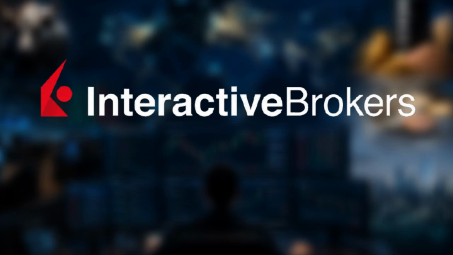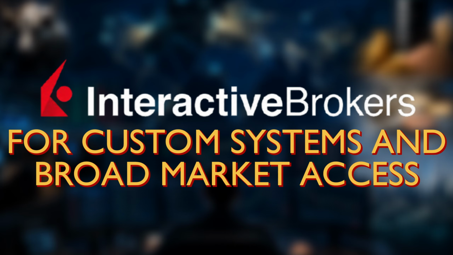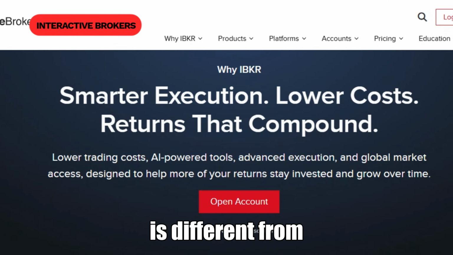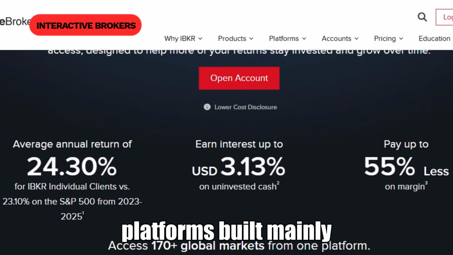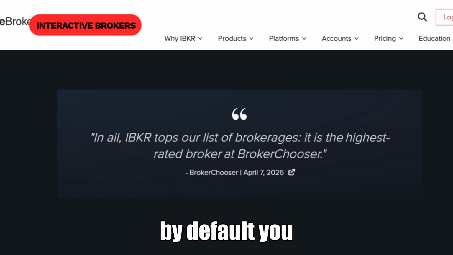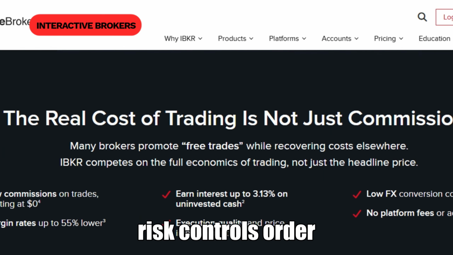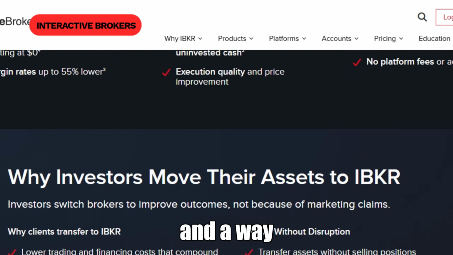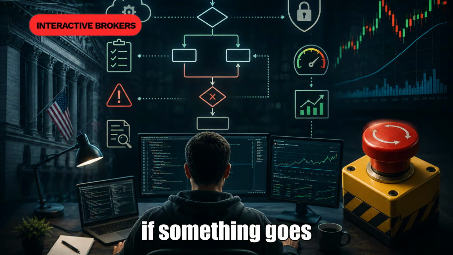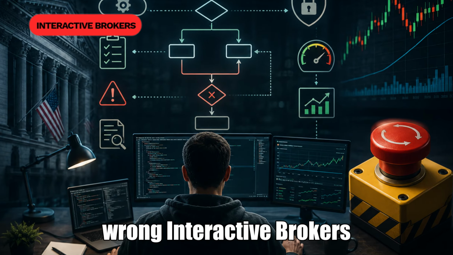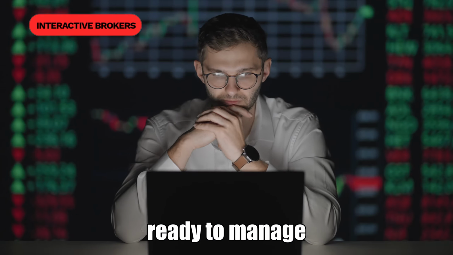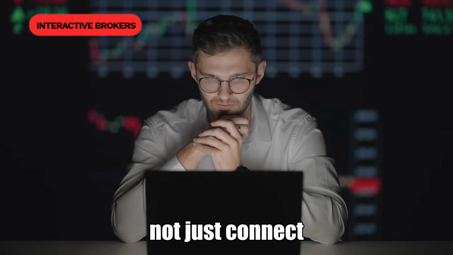Interactive Brokers for custom systems and broad market access. Interactive Brokers is different from platforms built mainly around charts. When you build with APIs, the software does not protect you from bad logic by default. You need error handling, risk controls, order checks, logging, monitoring, and a way to stop the system quickly if something goes wrong. Interactive Brokers is best when you are ready to manage the technical side, not just connect a strategy